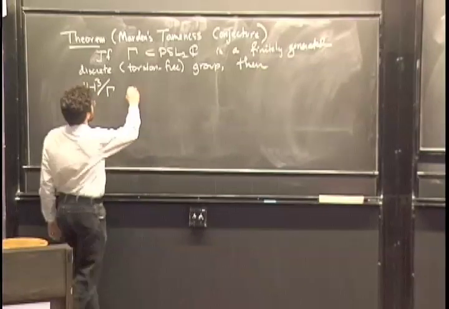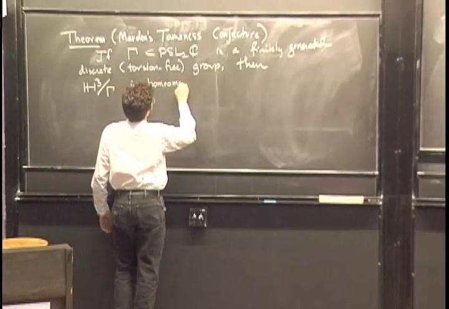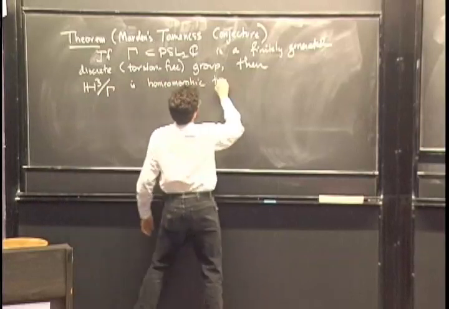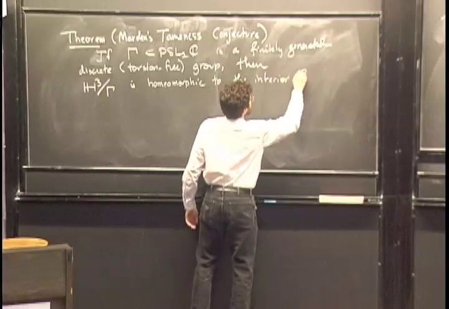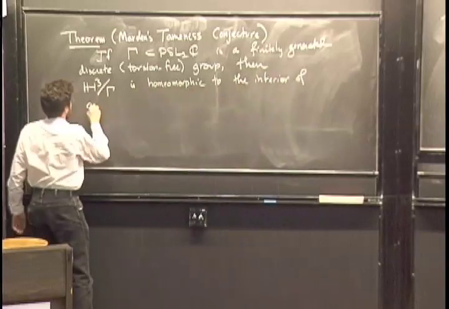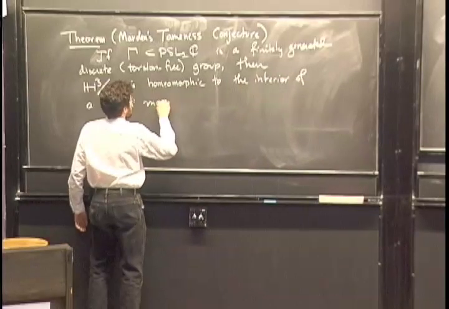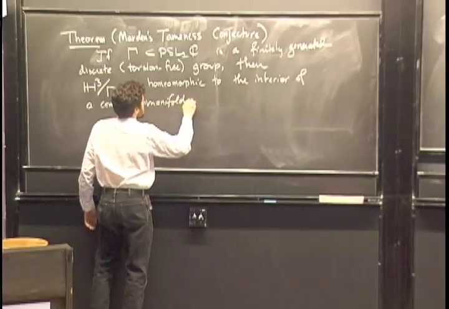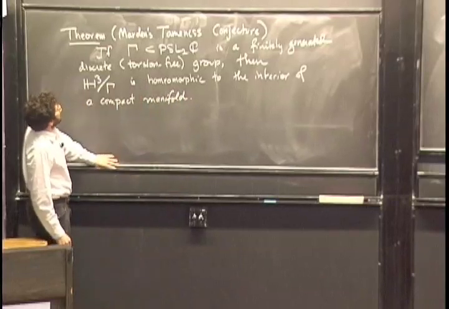And what tame means is that it's homeomorphic to the interior of a compact manifold. And so I should say what all the words mean. But